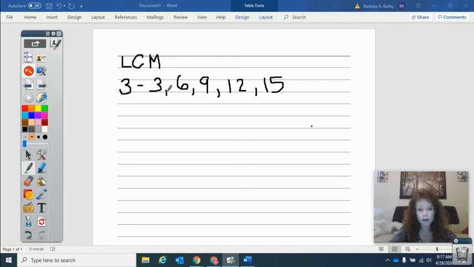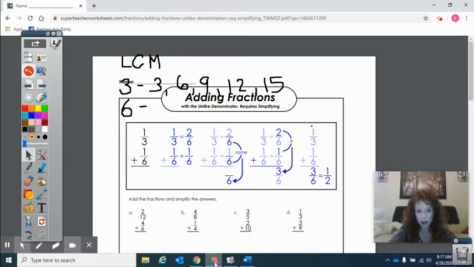Okay, now I'm going to do the multiples of 6 because 6 was my other denominator. Okay, so going back to this sheet, right, I had a denominator of 3 and a denominator of 6, and that's why I'm finding